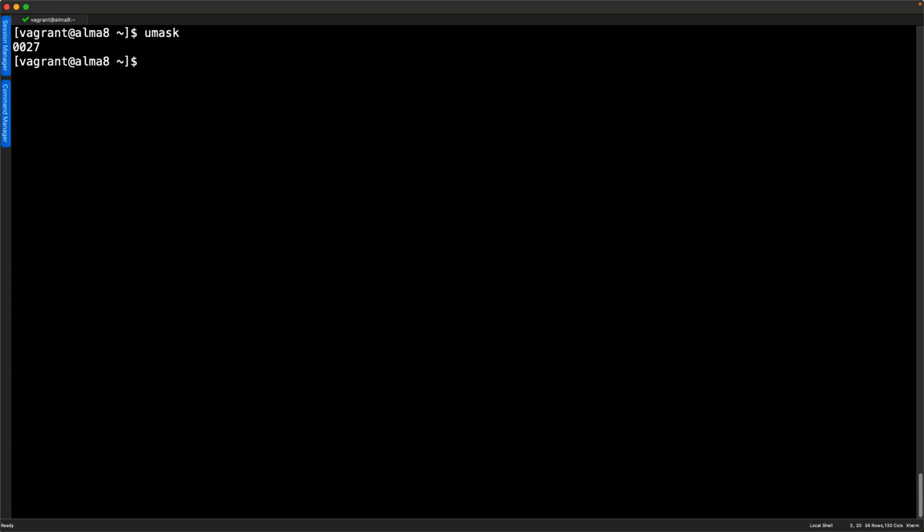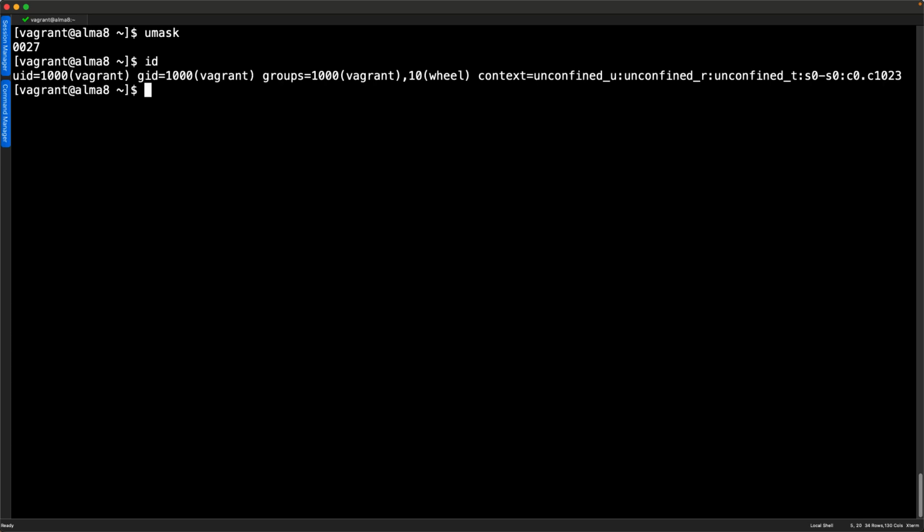Now, really, to see the absolute value and zero-touch administration behind a umask, we need to set ourselves up a shared directory. If I currently look at the groups that I belong to, so using the id command, you can see that the Vagrant user belongs to the wheel group. Now, maybe we want to create then a directory that can be shared to the wheel group, but should be private to the user and the group. So again, my umask kind of works a little bit for this, but we can set up the directory with absolute permissions when we create it.